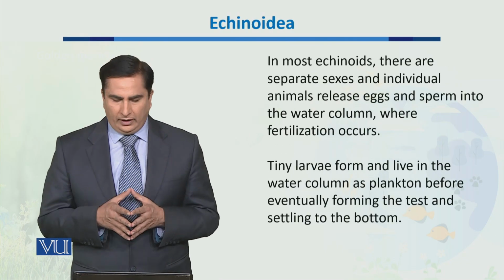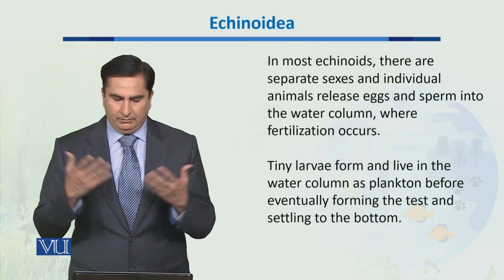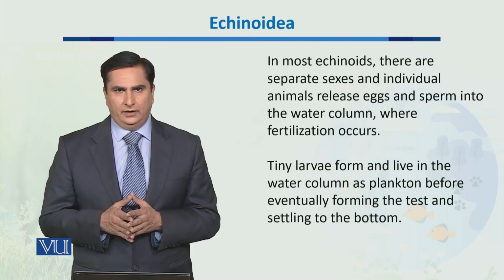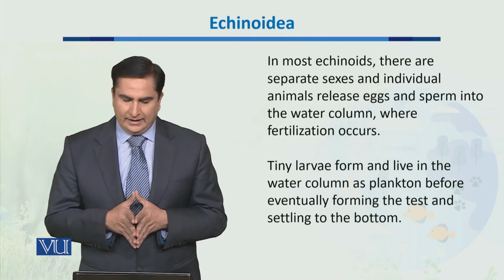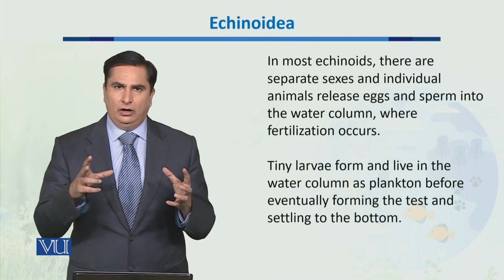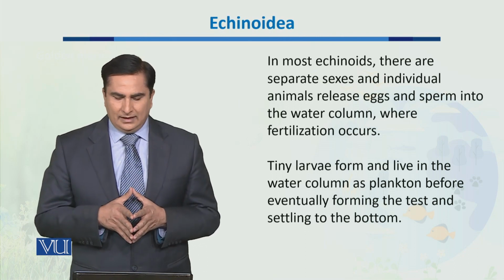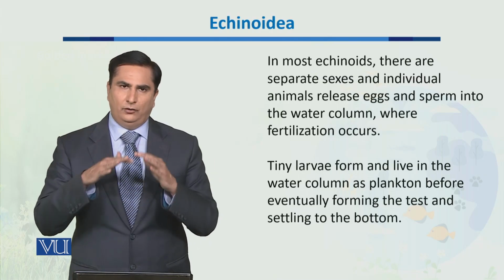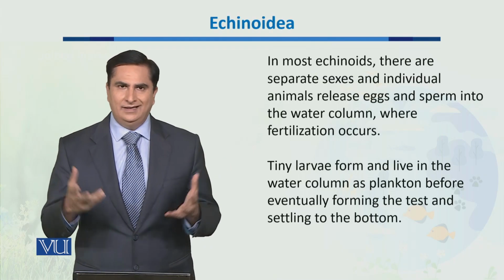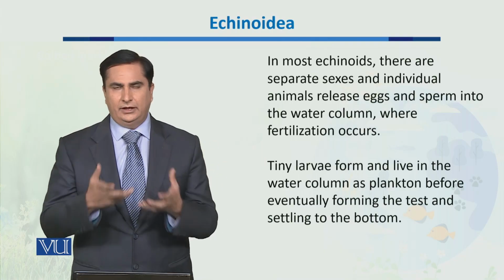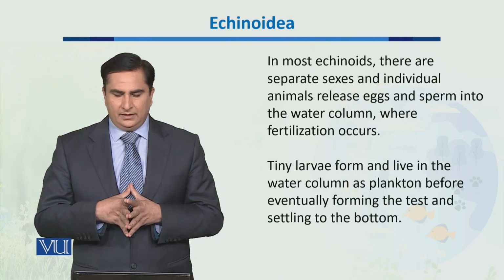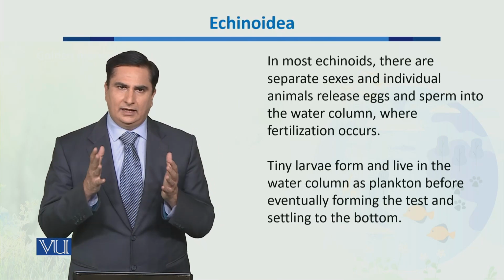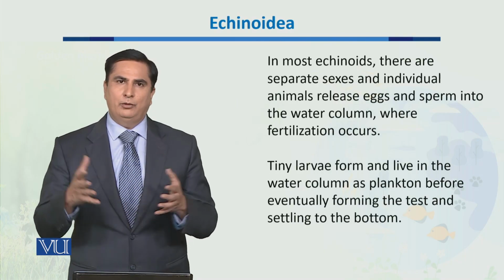In most of the echinoids, tiny larvae are formed as a result of reproduction. They live in the water column as plankton before they form the test, and they form the exoskeleton around their body, and they transform themselves into the adult form. So when they become adults and grow the exoskeleton around their body, they settle at the bottom of the